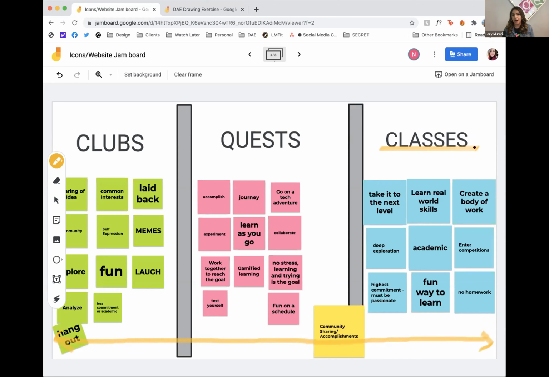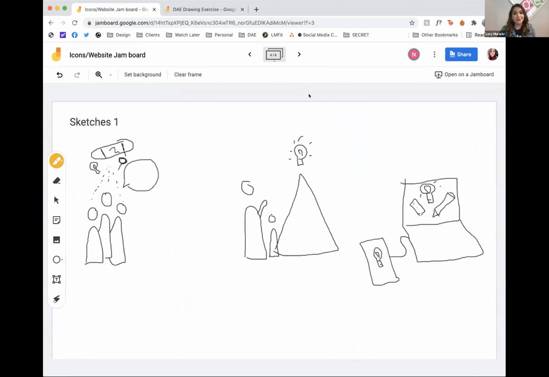Then my job was to think about how to present this to the parents to make them want to enroll their kids. They already know about our classes, they know and love them, but we're adding these 2 new things. So we were trying to brainstorm how to present those new ideas in a visual way. So what did we do? We started to draw together. This is the first round of sketches that I think Rob actually drew.